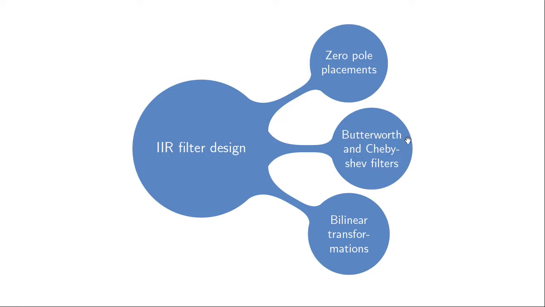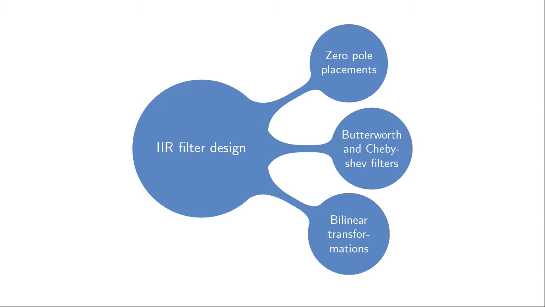So there would be the Butterworth and Chebyshev designs, which are standardized ways to place the zeros and poles of the transfer function. But you could also rely on tools like the bilinear transform, which is a tool that allows you to take an analog filter and turn it into an equivalent digital filter by mapping the frequencies of the time continuous Fourier transform to those of the discrete time Fourier transform. But we will not look explicitly more at IIR filter design within the course, but instead focus on the case